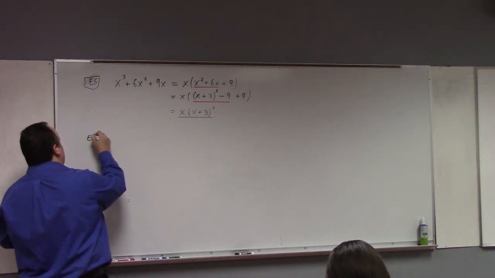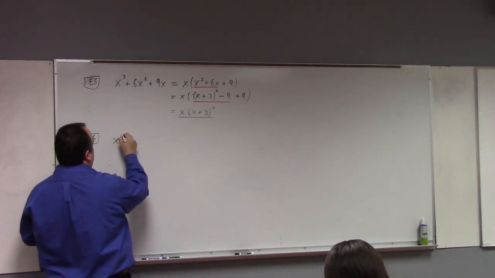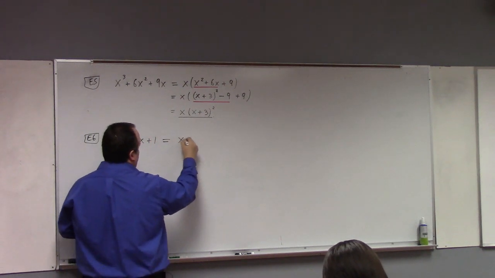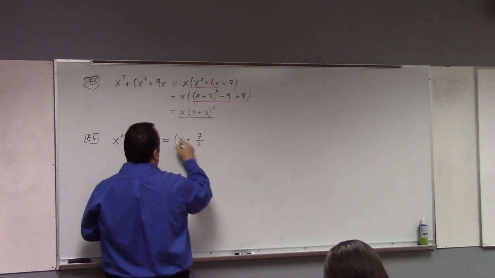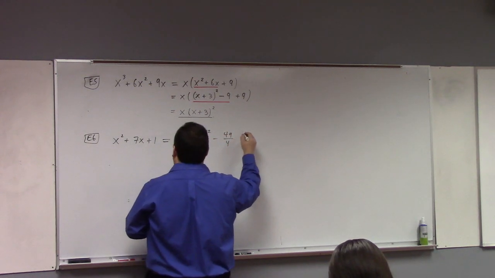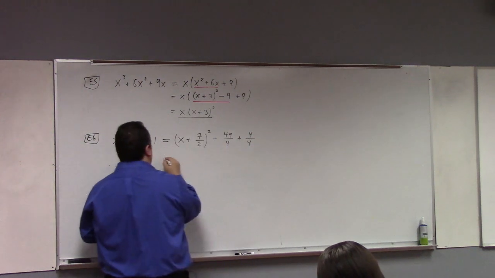If you understand this, you don't have to think anymore. So x squared plus 7x plus 1 factors as x plus 7 over 2 squared minus 49 over 4. I'll change the 1 to fourths because we're going to add them. So that's,